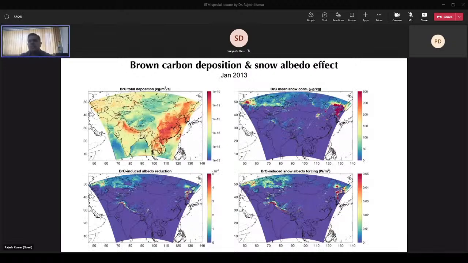This is an example from January, and we expect that the brown carbon induced snow albedo reduction that we see here may be higher during spring. So we still have to wait for the spring simulations to finish. But if you look at the numbers here of the brown carbon induced snow albedo forcing, they are really small. Like the highest value goes up to 0.05 watts per meter square. So we are waiting for our spring simulations to finish, which is when the transport of aerosols to the high mountain Asia is also more efficient, and there is more solar radiation available. So this is all related to the brown carbon. And the next thing,